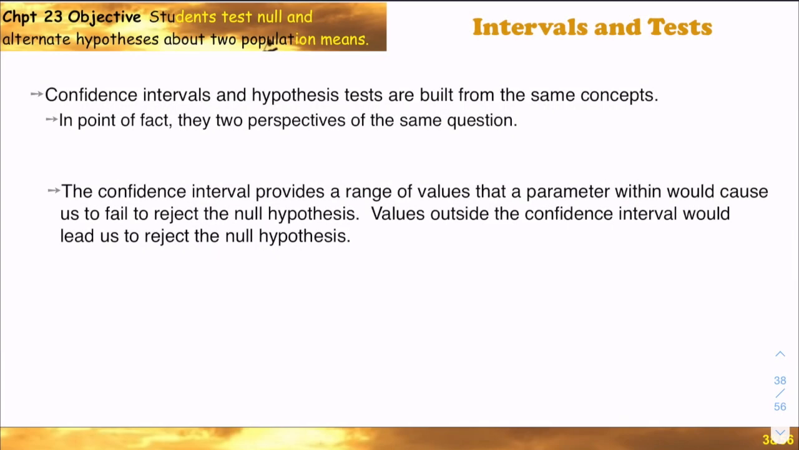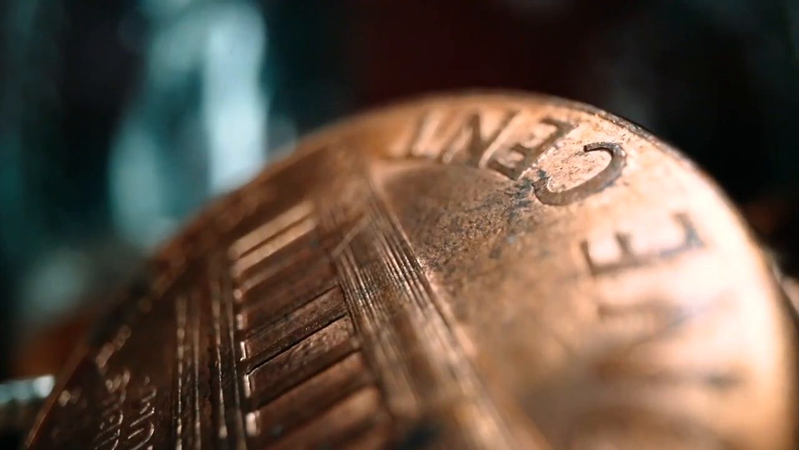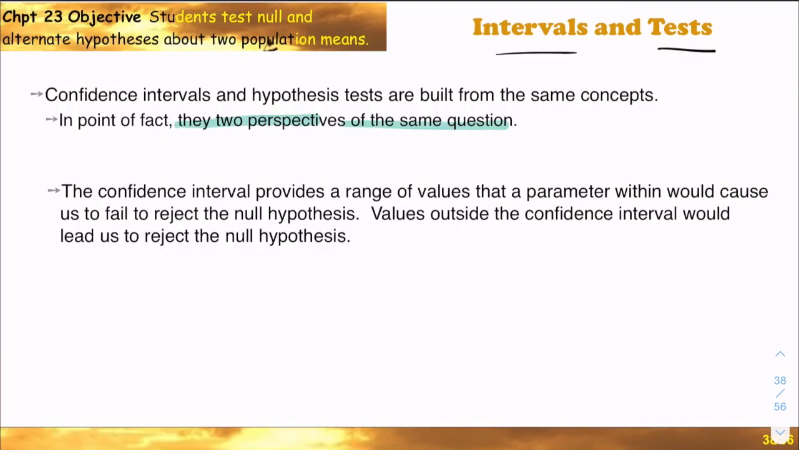So we're going to move on to the last part of chapter 23 and cover some odds and ends. First off, if we're talking about intervals and tests, we should know that confidence intervals and hypothesis tests by now are built from the same concepts. In point of fact, they are two perspectives of the same question, which means the confidence interval provides a range of values that a parameter within would cause us to fail to reject the null hypothesis,